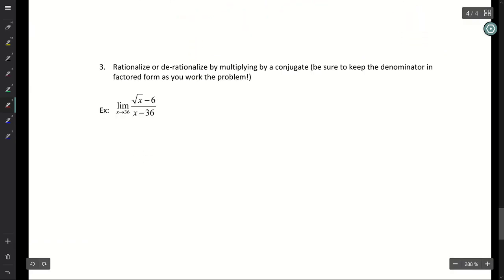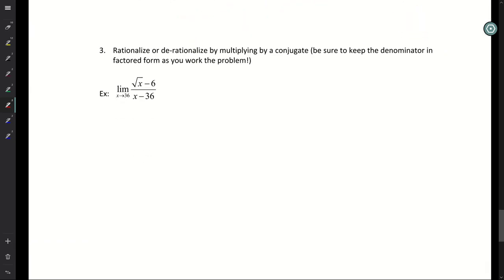All right, we have one additional tool in our tool bag as far as ways to evaluate limits. And the last one is if you end up with some sort of a root in part of your limit and you're trying to plug in and you get 0 in the denominator. So like on this one, you'll notice that we're approaching 36 for my x's. If I plug 36 in the denominator, I get 36 minus 36, which is 0. But also notice that I have a root up here in the top. There is this thing that's called a conjugate. So if I want the conjugate of,